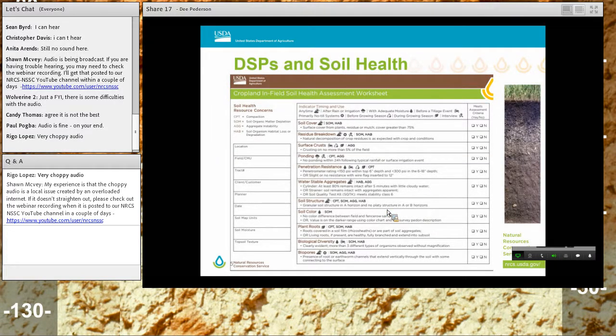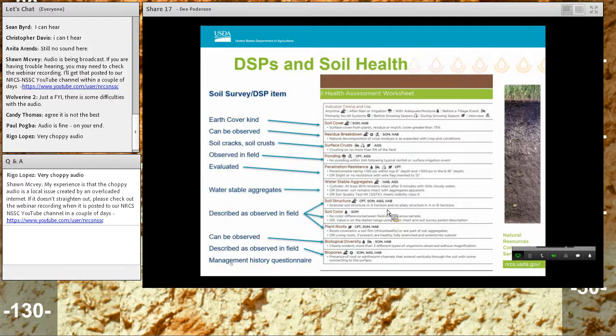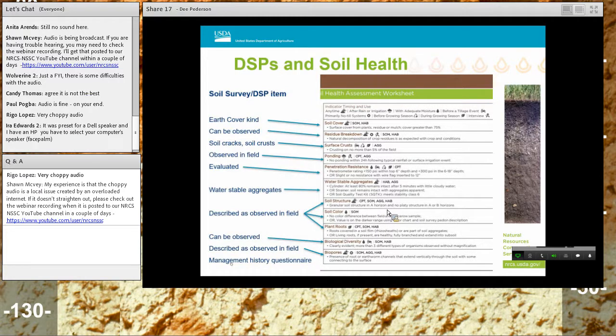So now we'll discuss commonalities between DSP projects and soil health assessments. Shown here is the Cropland in-field soil health assessment worksheet. Most of the items assessed correspond to a routinely measured soil property. And so this slide shows the soil health assessment indicators again, and then the related soil survey or DSP measurement